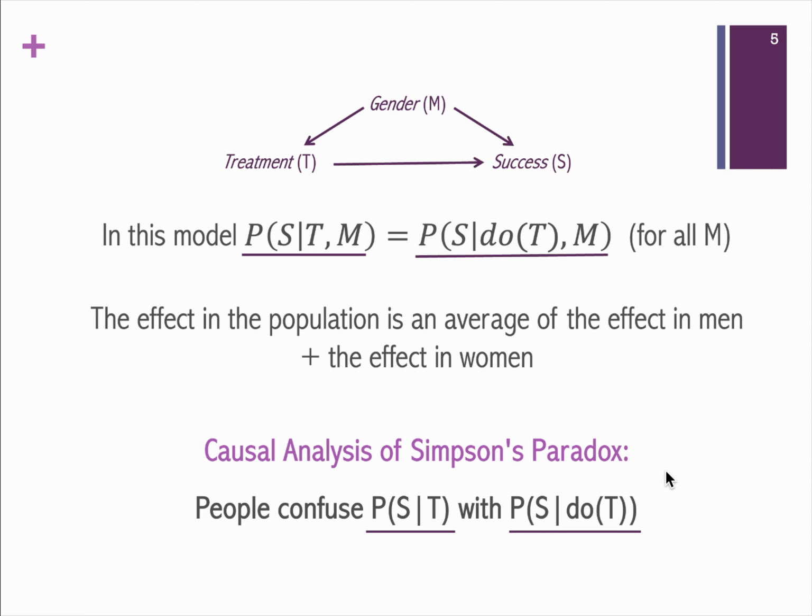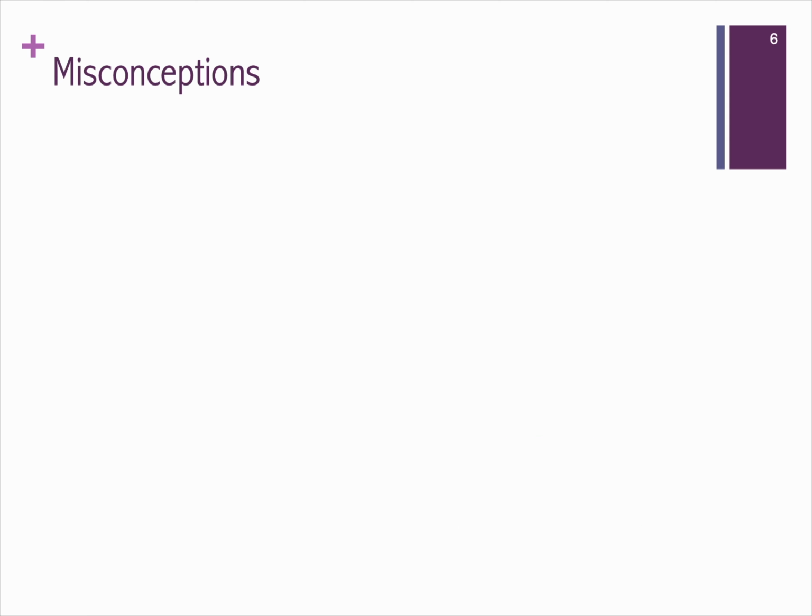Bringing this all together, when people hear that the treatment raises the probability of success, they assume this means that the treatment causes success, ignoring how merely learning someone took the treatment says something about who they are, and that this evidential link also influences the probabilistic relationship. Almost everyone who writes about Simpson's paradox gets it wrong.